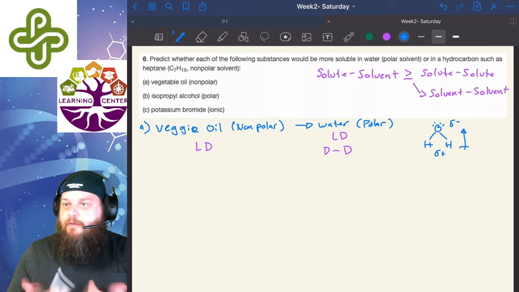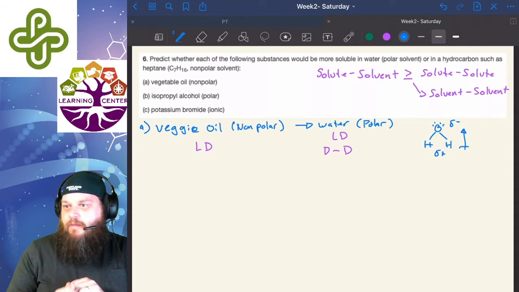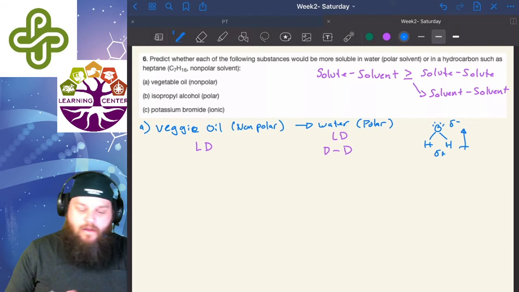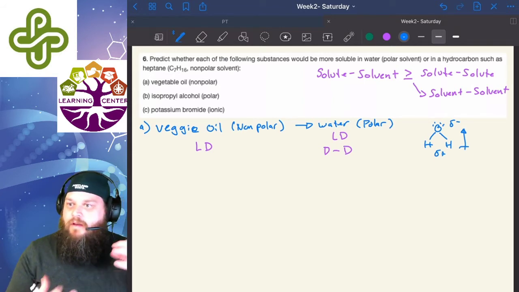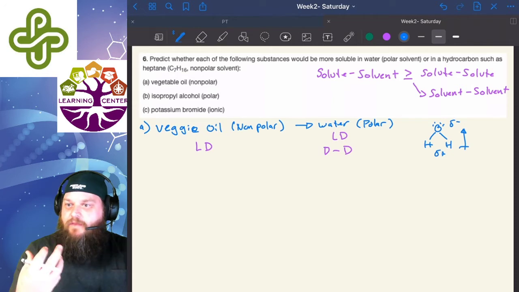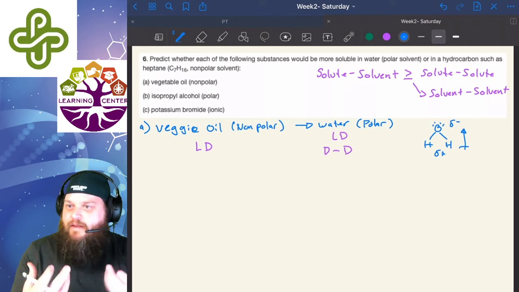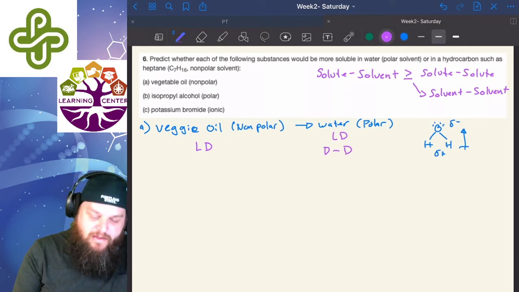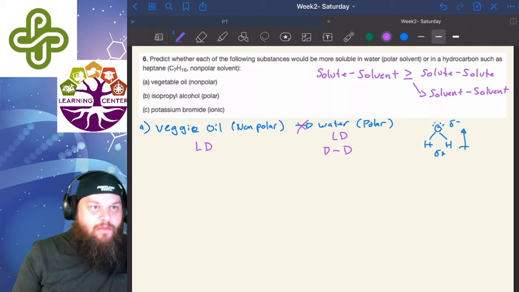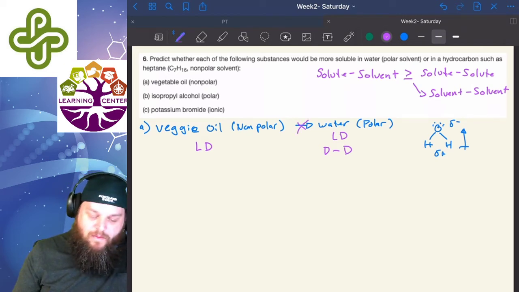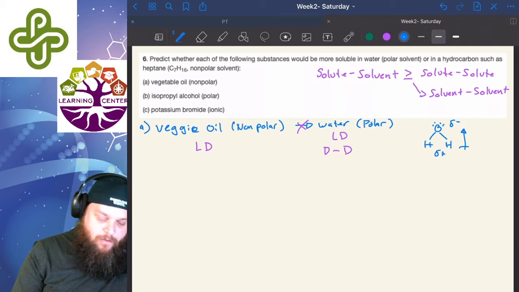So that dipole-dipole is a very strong intermolecular force for water to bond to itself compared to the veggie oil. So the water stays bonded to itself and the veggie oil can't really get mixed in there very much. So I would say that these are not soluble with each other, and they wouldn't work well. Now if we compare that